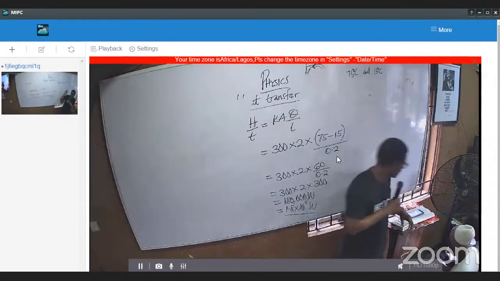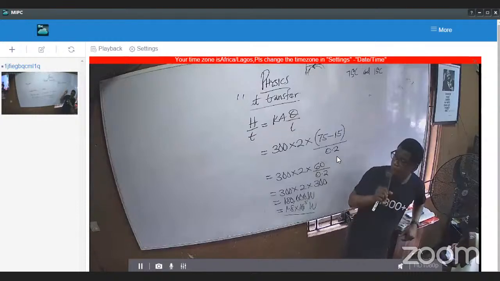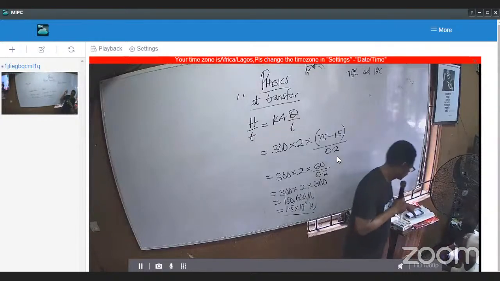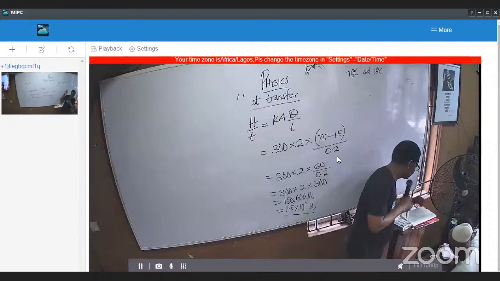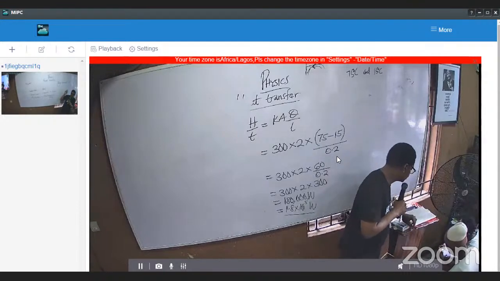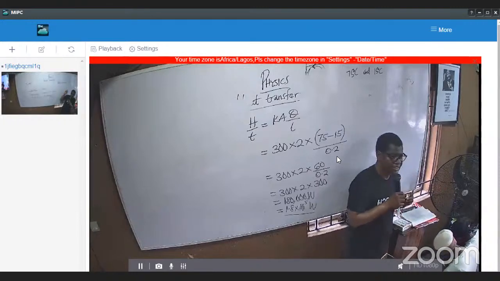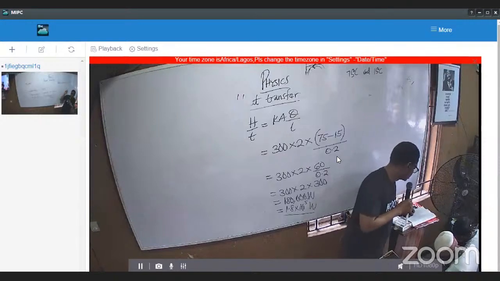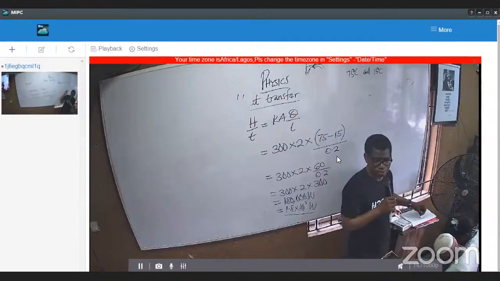Question 2. The vacuum between the double walls of a thermal flask reduces heat loss through